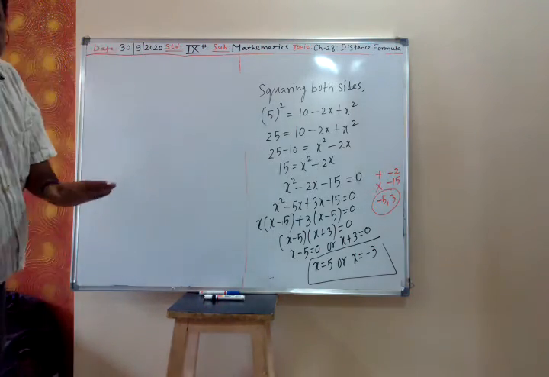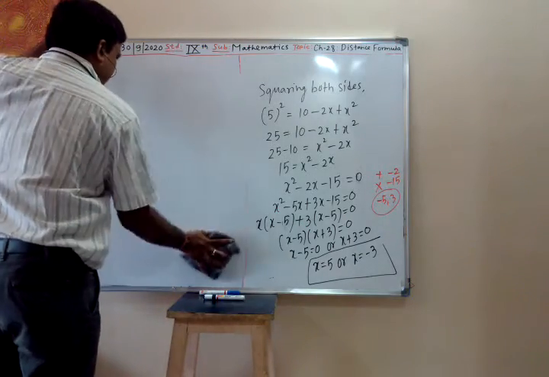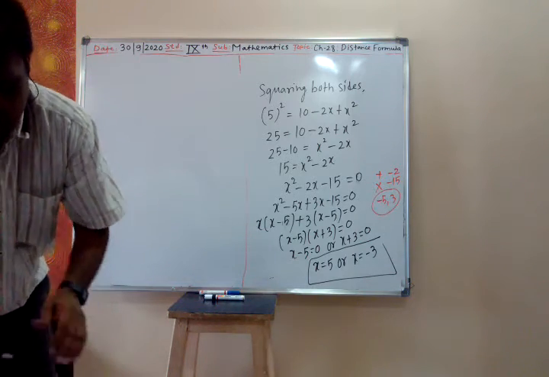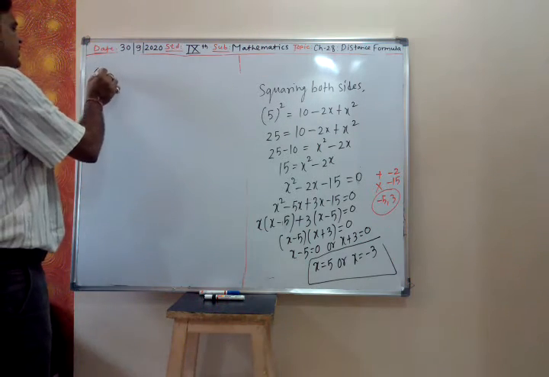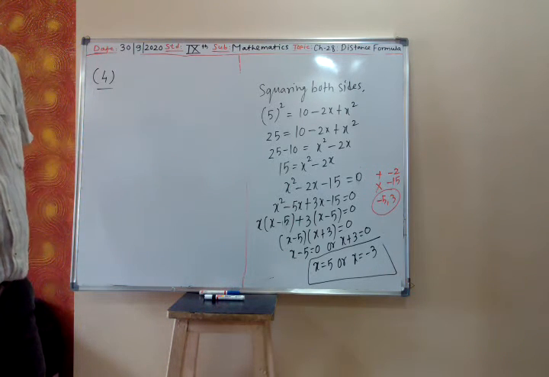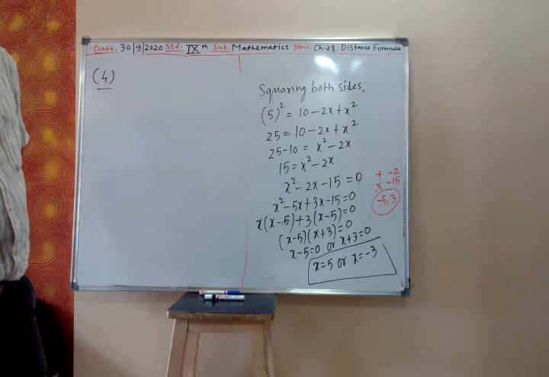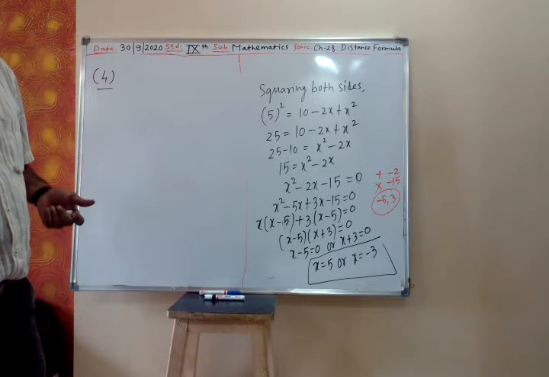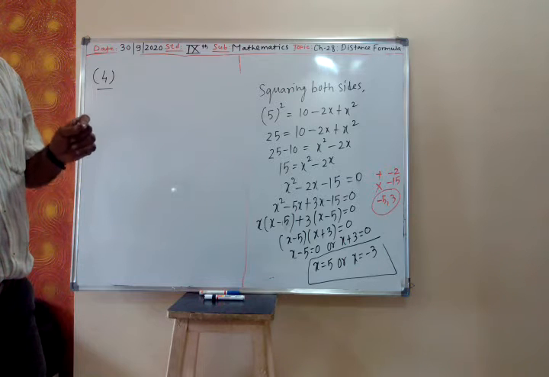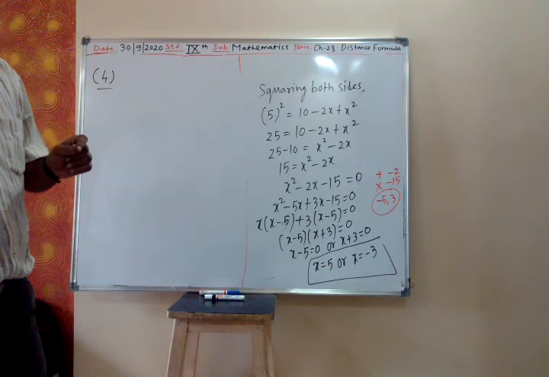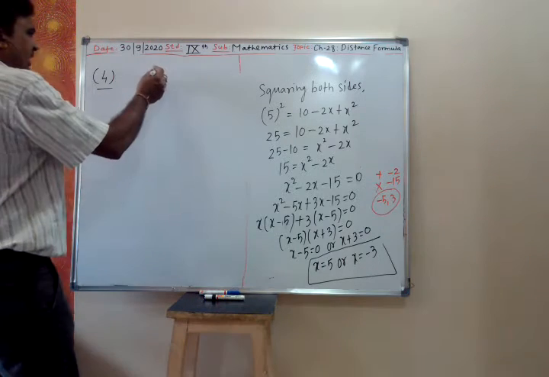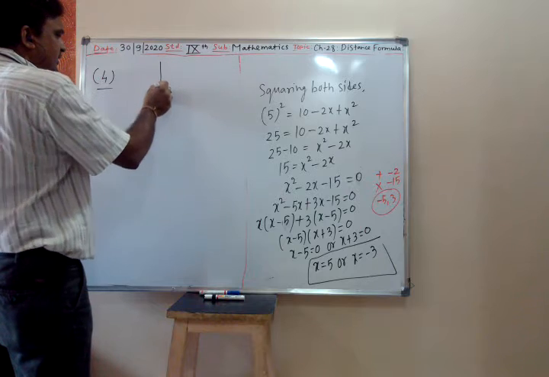Now the 4th, 5th, 6th you have to understand. One minute. Let me do the 4th one. Okay, let's go. Find the, wait. Find the coordinates of the point. You send me on the WhatsApp. Find the coordinates of the point on the x-axis which are at a distance of 17 units from the point. Yes, wait, we'll see.